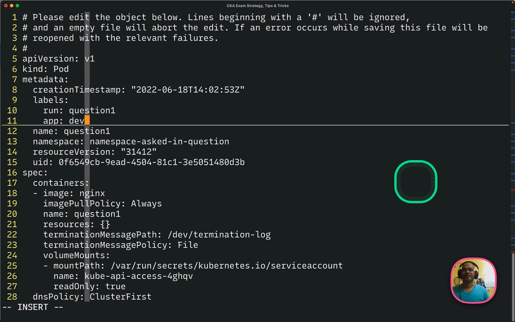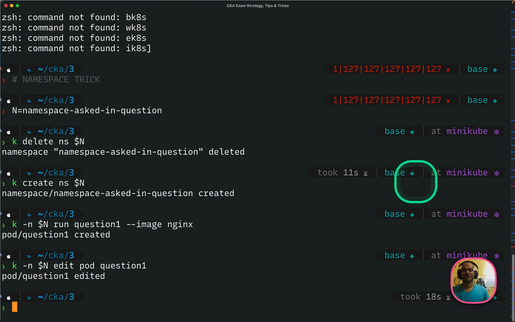Let's say it should be environment, but app equal to dev, right? Okay. I'll just do colon X, save and quit. So colon X is always like save and quit. It's like a shortcut. So you can do WQ as well, but colon X saves you some